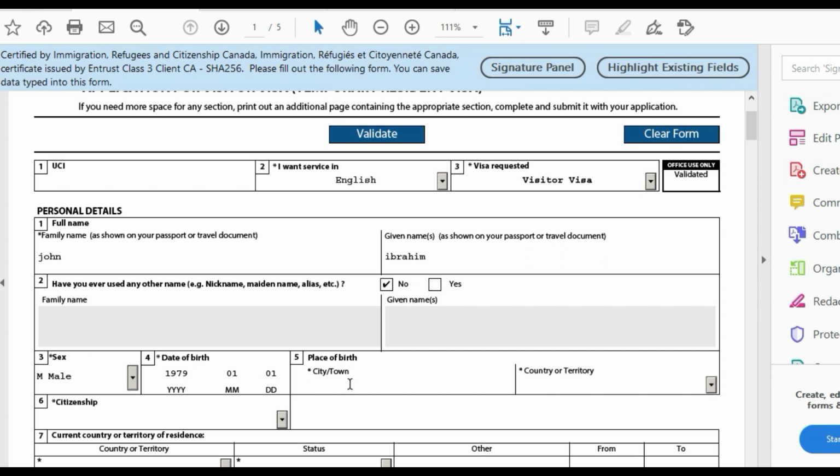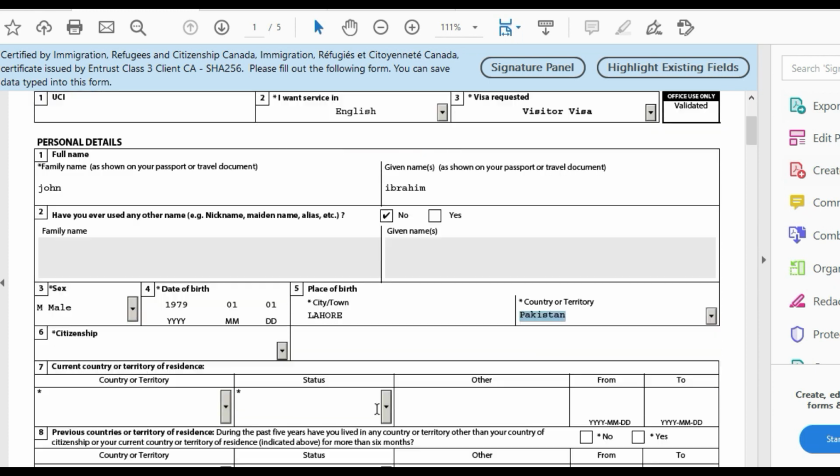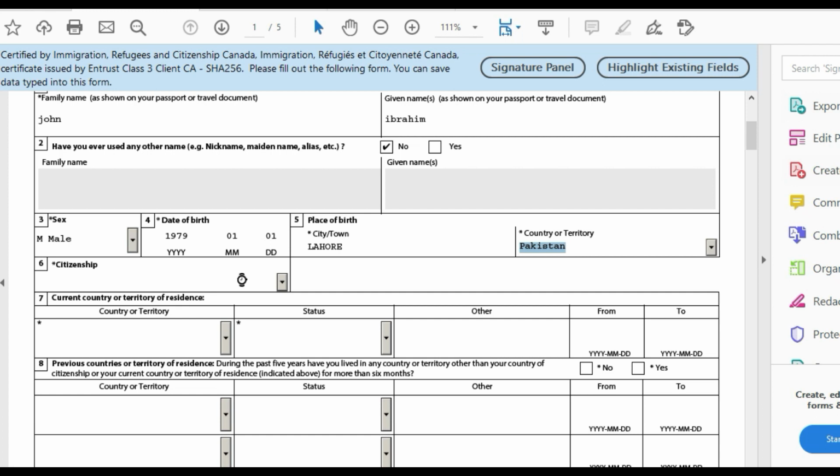In which city you are living? If I am talking about Pakistan, I am talking about Lahore, country Pakistan. Citizenship Pakistan. Here also country or territory Pakistan. Status is citizen.